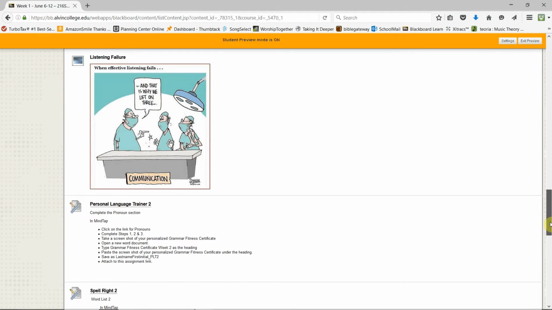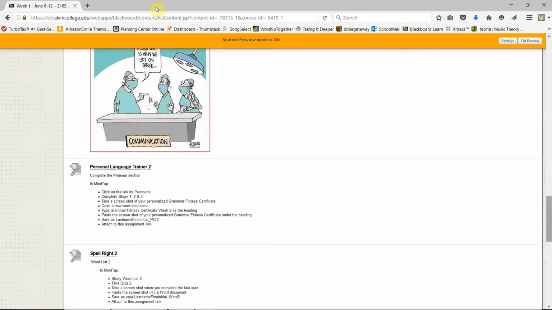So this is chapter 2. Notice, this is kind of funny, the doctors are lifting the patient to put him on the table, and they didn't know if it was on 3 or before 3 or after 3. So obviously communication did not work well. This poor guy still has his feet in the air. Okay, so communication is super duper important.